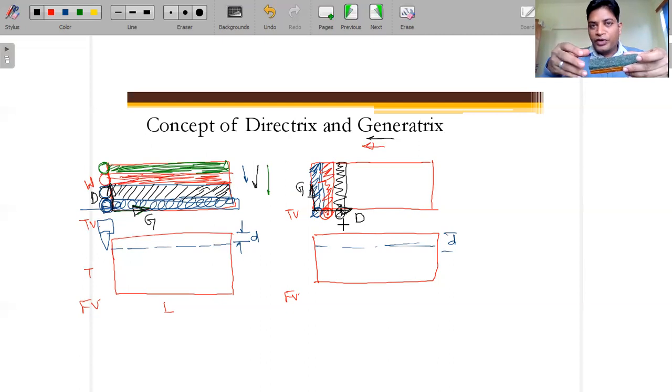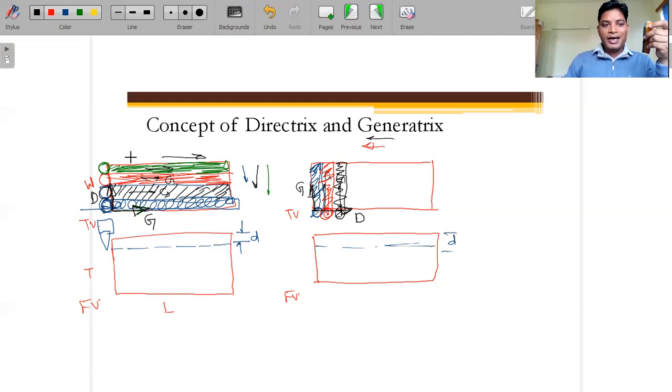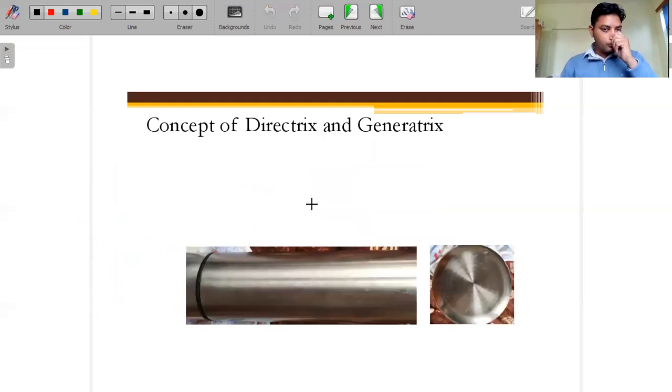So for the same workpiece, we can remove the material in a number of ways, but we have to find out in which direction we are removing the material. By the way, in all these directions, the generatrix only you will get. Here this is the generatrix. But what is the direction of the generatrix? If you see here, this is horizontal and the directrix is vertical. Here the generatrix is vertical and the directrix is horizontal. So these directions can be changed, but the concept should be clear to you. This is basically the example of flat operations.